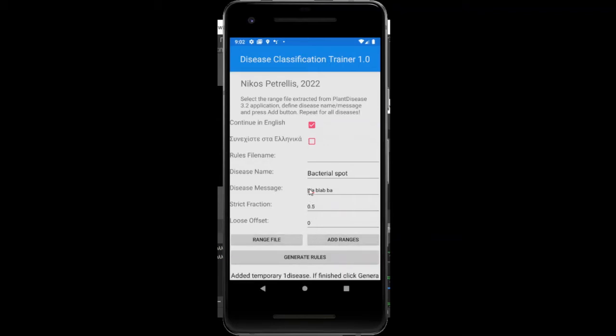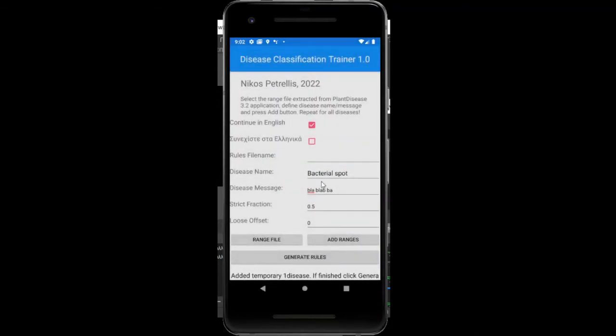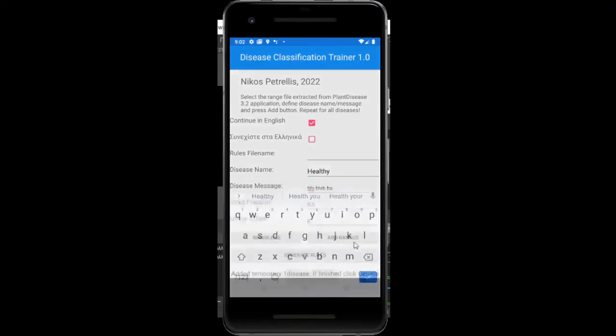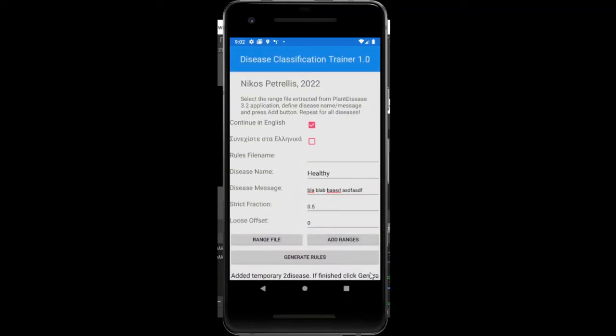We also repeat this process for other diseases. Now I selected the healthy plants images. A different message, and then add ranges. At the end, when all the diseases have been declared and their feature values have been loaded,